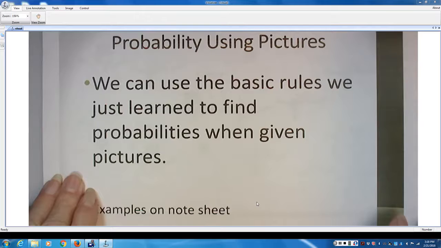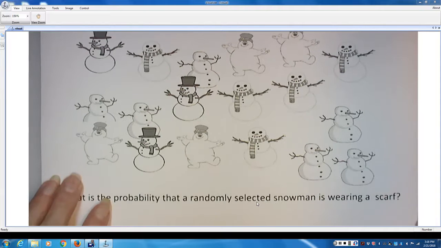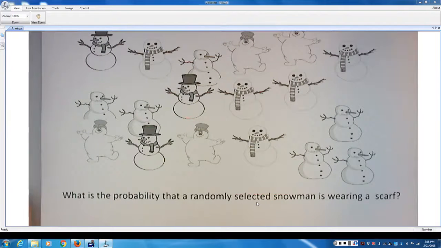So, probability from pictures. This is what you actually hope I ask you on the test, is I give you a picture and ask you to calculate probabilities from it, because this is the easy way. This is the easy stuff to do. All you have to do is actually count. So what we're going to focus on is getting the right notation, learning how to write the correct probability notation,